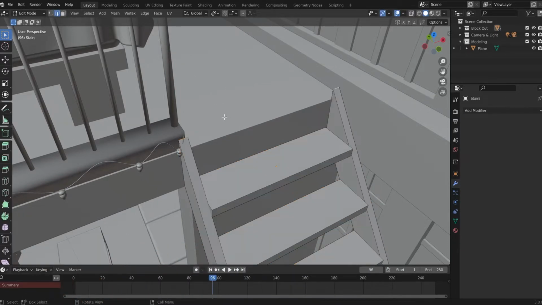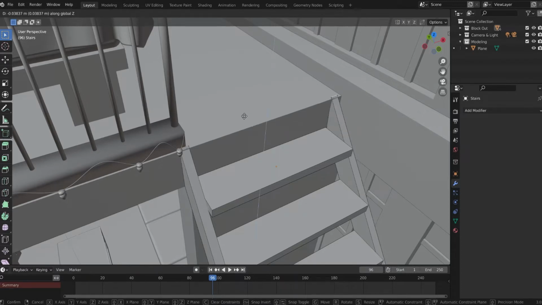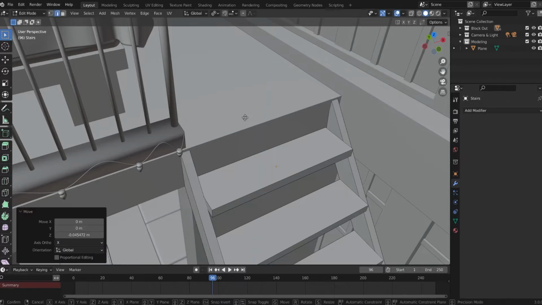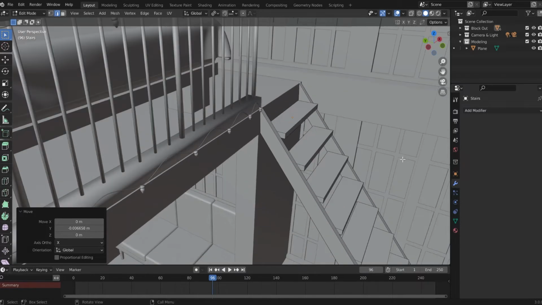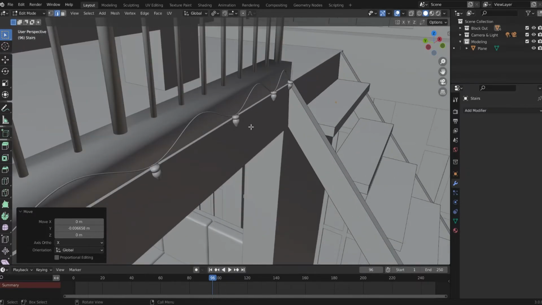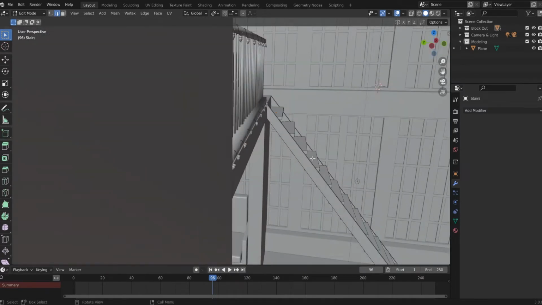Back to edit mode, and I will bring these two down, G, Z, and bring them like this, G, Y, bring them out, like this. This looks very good now. I will select this face with face select,